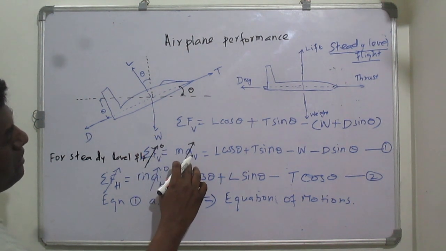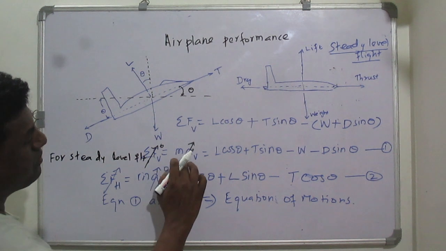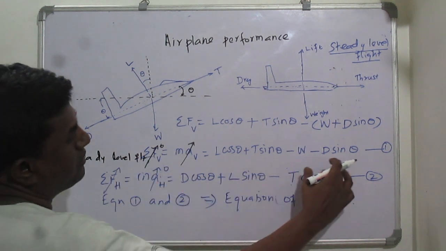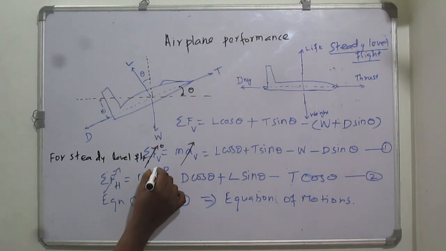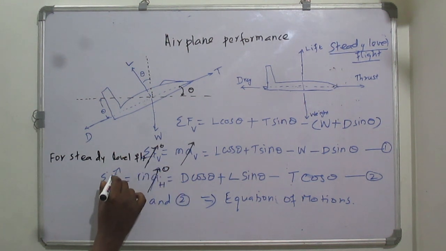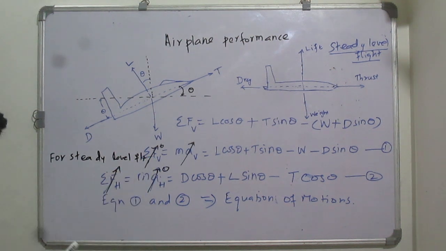Since there is no acceleration in the steady level flight, this component will be 0, and this equation we can rewrite, and here also this will be 0, this also will be 0. So when we are rewriting the equation, it will become